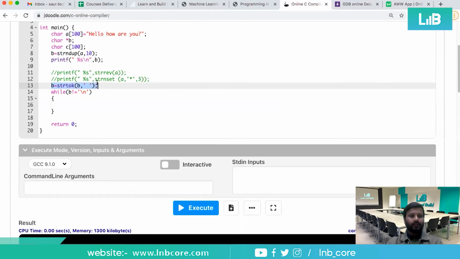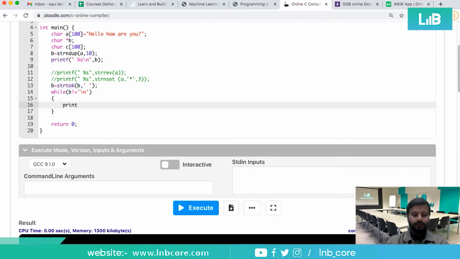So whatever is coming in this, let us print that first. printf, and we want to print b, and then backslash n. So first of all, the first word, that is hello, will be coming in b, and we will be printing it.